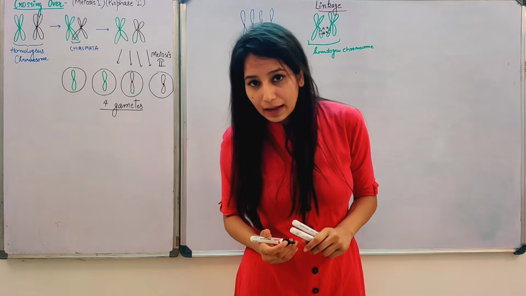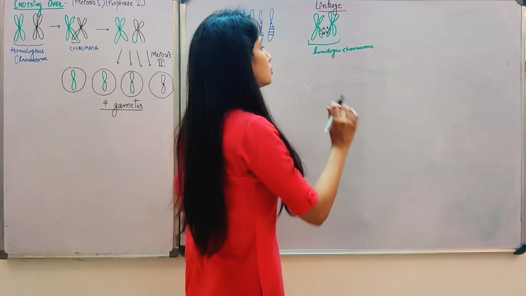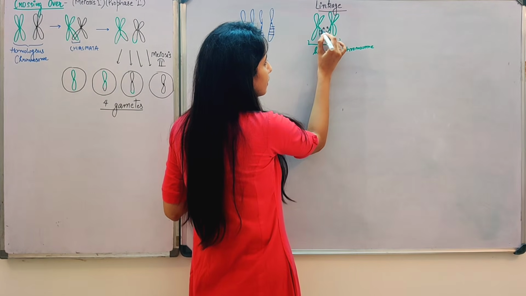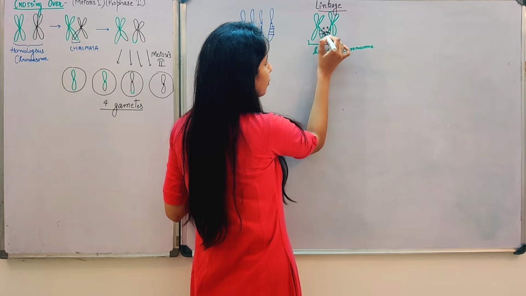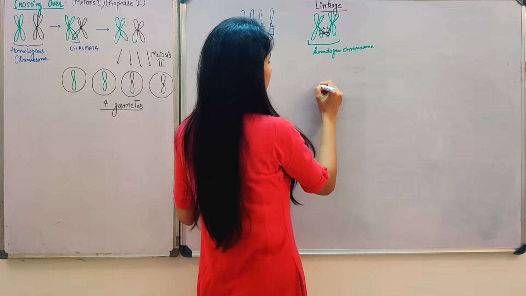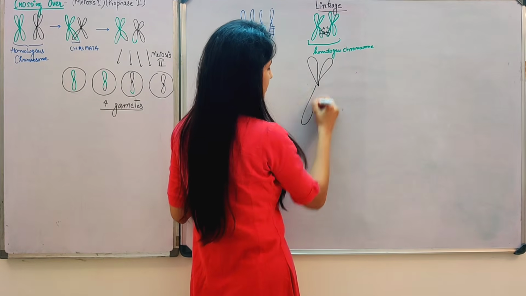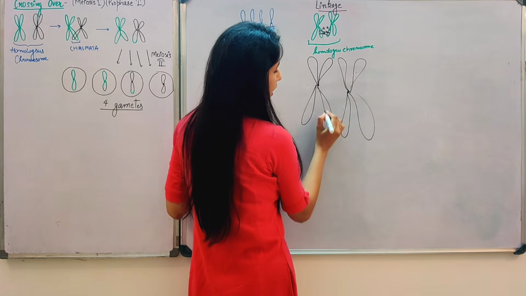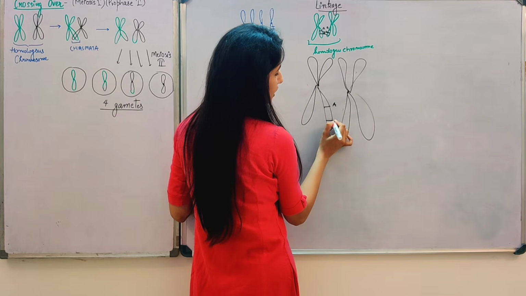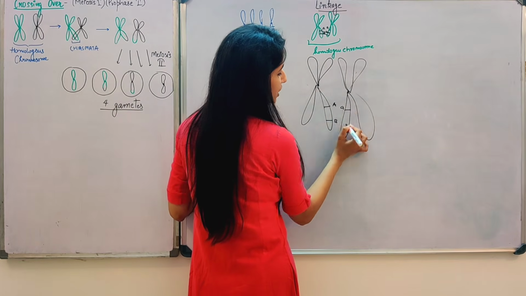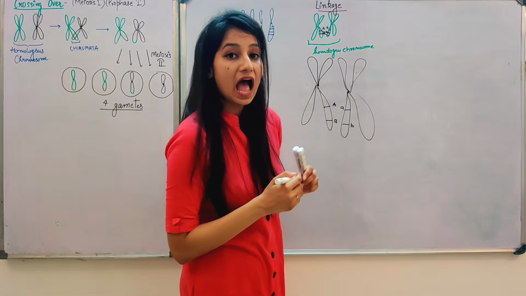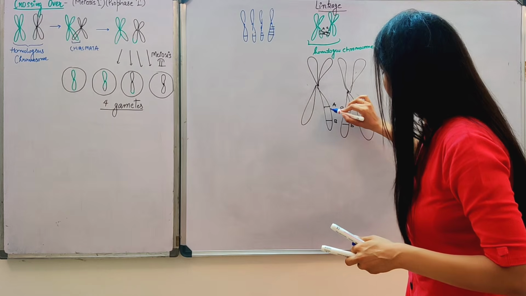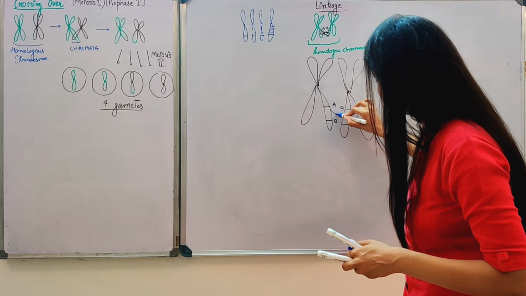Now crossing over will happen. Exactly. So if I say that crossing over occurs at this place, from this the crossing over has occurred. Or let's make a bigger picture. This is the one chromosome and this is its homologous pair. A gene, B gene. And here a gene and small b gene. I said to you that from here the crossing over has occurred.